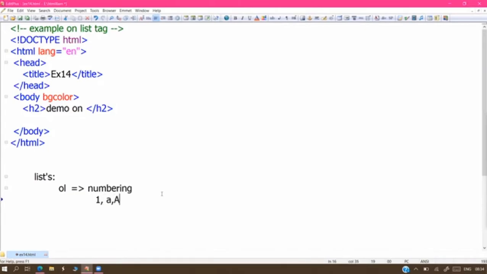1, A, a, small i, and capital I. These are the 5 types, or 5 varieties, of numbers.